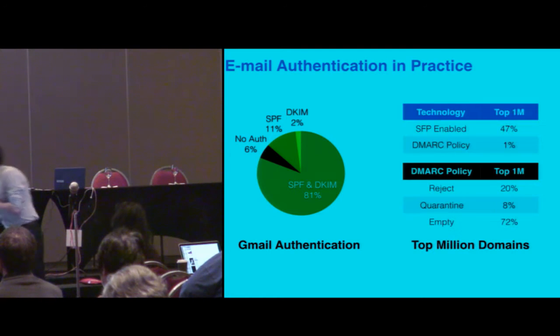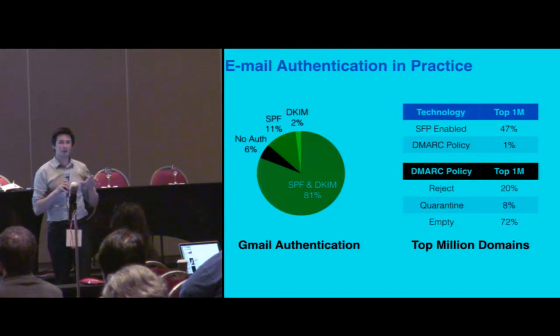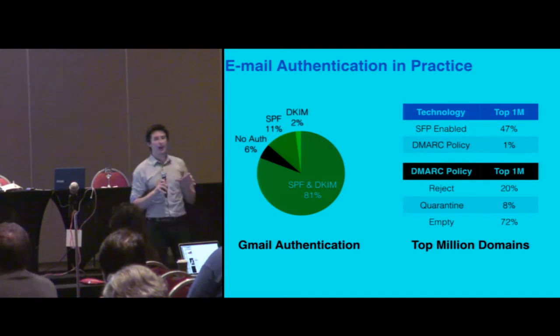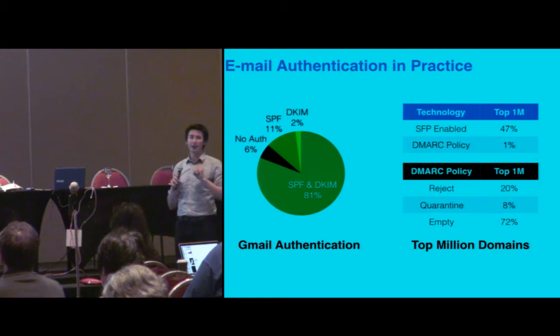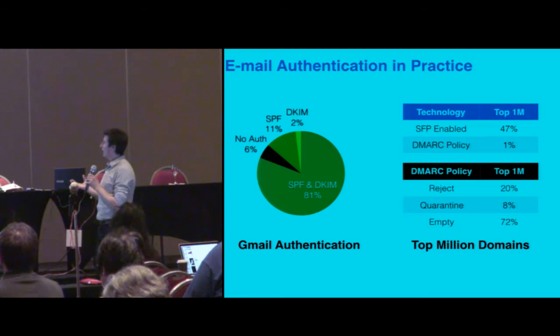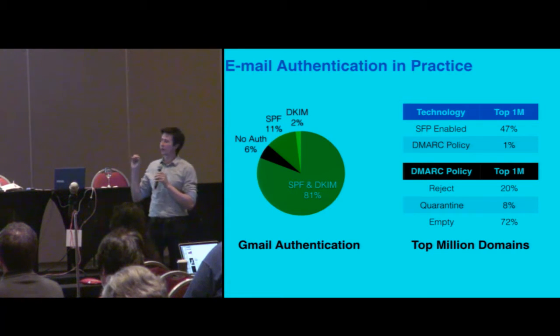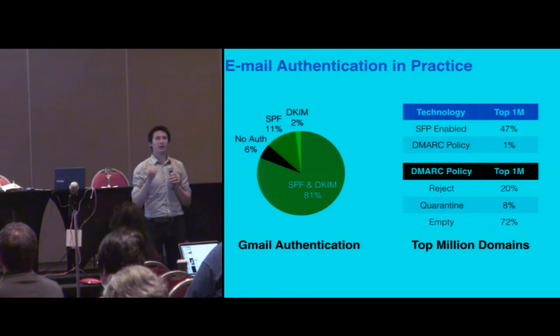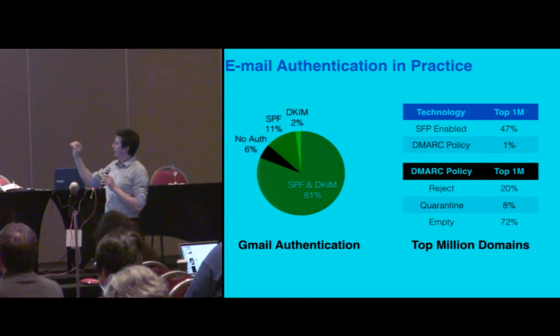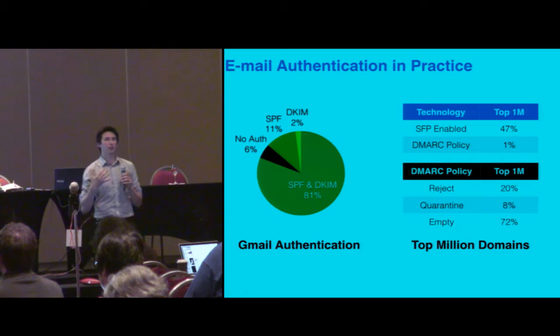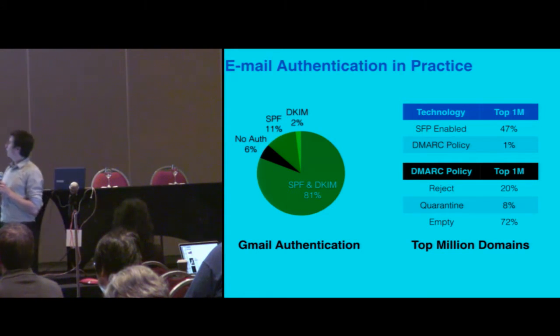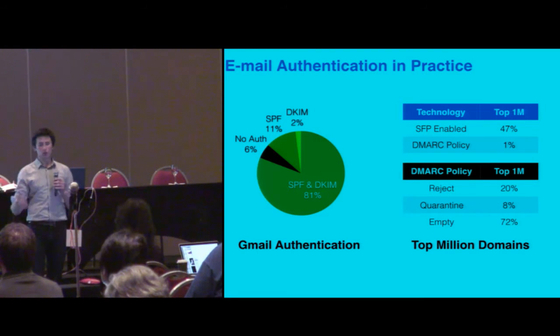But again, when you look at this long tail, you see a slightly different picture, which is that less than half of the domains that are sending mail have any SPF policy defined, and about 1% have a DMARC policy, of which very few are actually willing to say, trash or quarantine the messages that don't match my policy. In the case of empty, essentially it means just report the messages back to me. So we're again in this kind of world where we're lagging behind in getting these to the rest of the world.